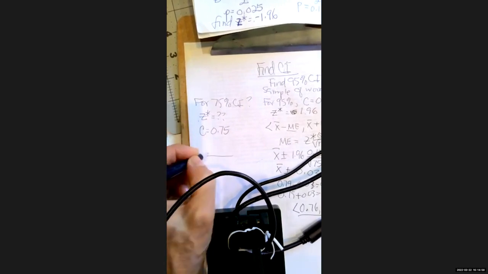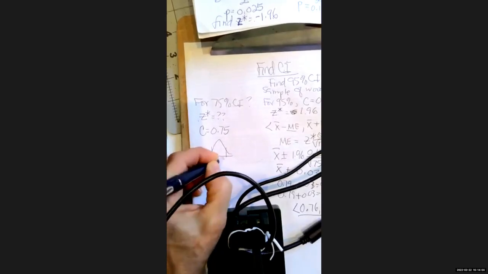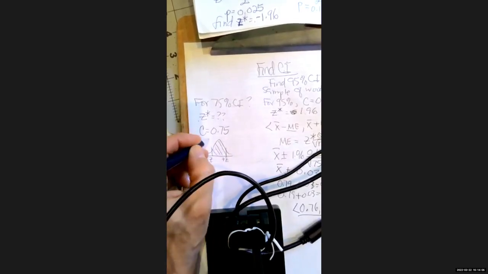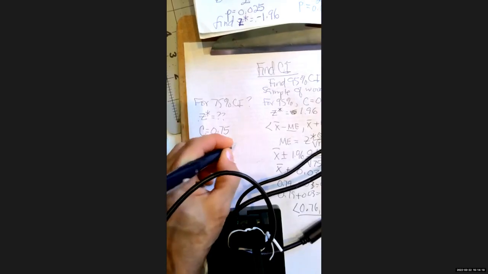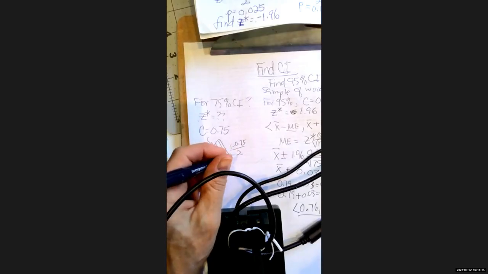We need to find the values of Z such that 0.75 is in the middle. That means we're going to take (1 minus C) over 2. That's in this tail here. Right? It's also in this tail over here. So we can do (1 minus 0.75) over 2. And that gives us